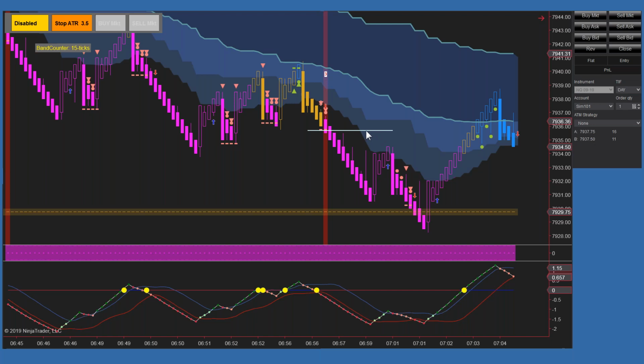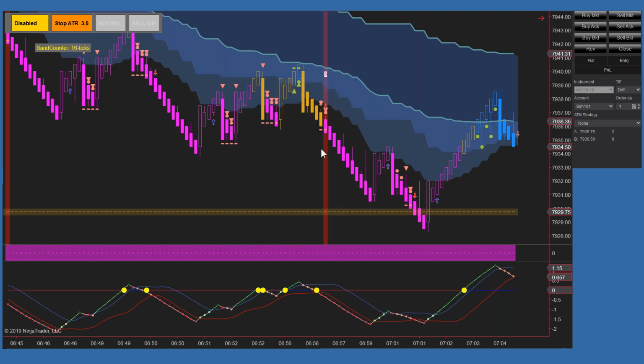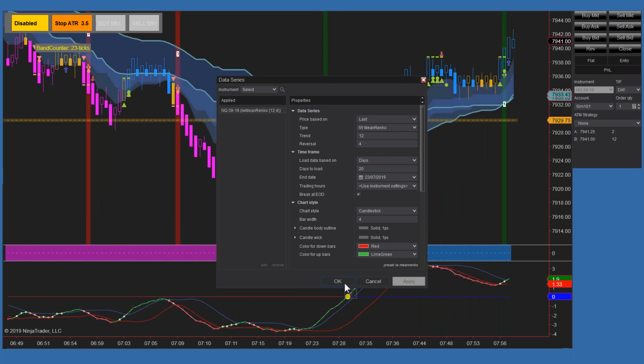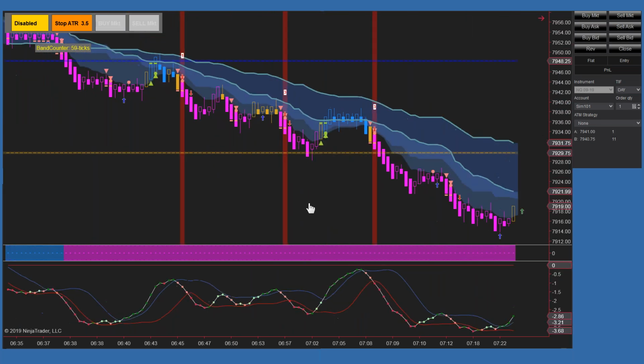And then you can experiment with the reverse, right? And what if we flip the scenario? What if we gave us a big trend bar and a small wick? Like I say, the easiest way to do this is just to take the bar to extremes and then follow up and see how the signals performed. Well, okay, this one actually looks pretty good too. This is what Frank was talking about,